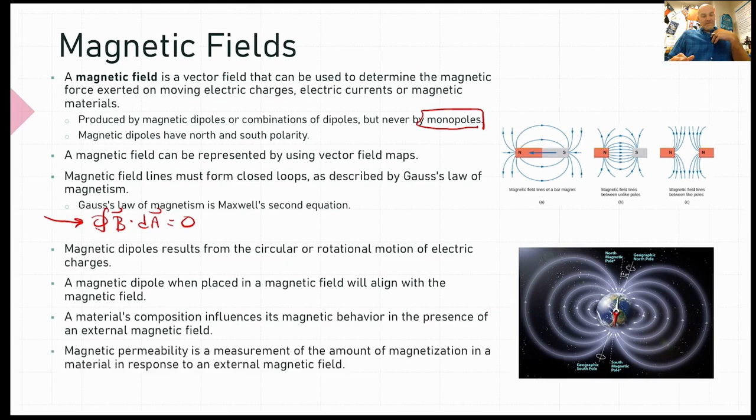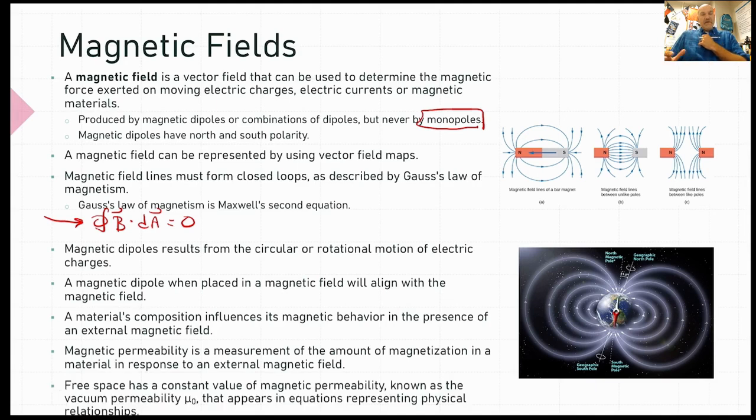materials. So magnetic permeability, that's very much like the electric permittivity. The magnetic permeability is a measurement of the amount of magnetization in a material in response to an external magnetic field. And then finally, there is a constant, sometimes referred to as vacuum permeability or magnetic permeability. And mu 0 has a value of 4 pi times 10 to the negative 7th Tesla times meters per ampere. So the unit for magnetic field strength is Tesla,